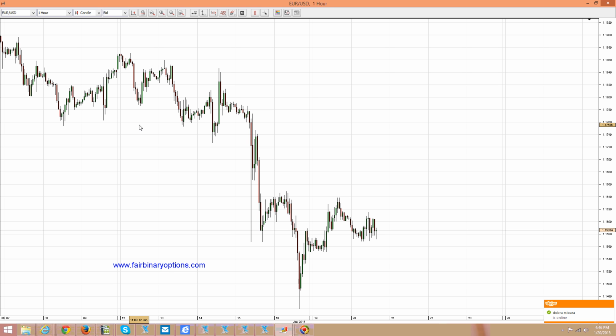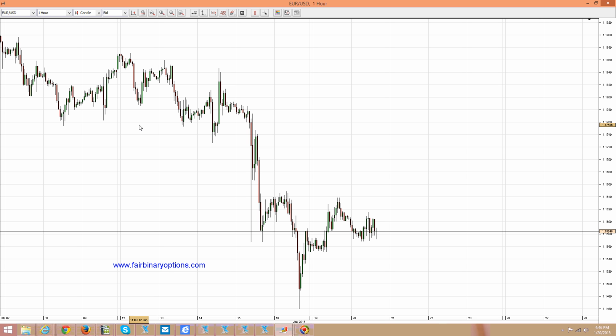I would like to take a look at the Euro US dollar with two different strategies today, as the resilience of the Euro US dollar to move to the downside, at least today, seems to be a bit bullish. Being a bit bullish and we are trading binary options, then what we ought to do is buy call options on the pair, but not just like that, not in any circumstances, but we should wait for